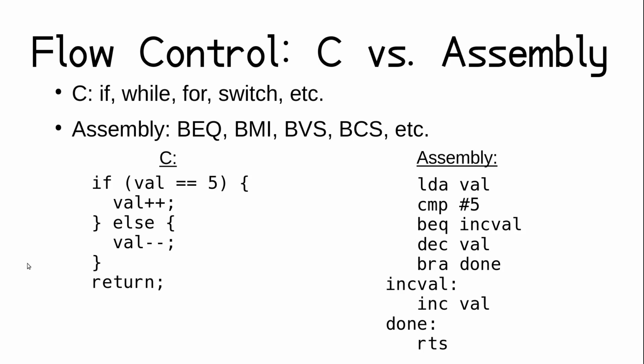Now, if the value is equal to 5, the CMP instruction will result in the Z bit getting set, meaning that the program will take the BEQ branch to the incval label. If the Z bit was not set, meaning that the value was not equal to 5, then execution would have continued on to the DEC instruction, which will decrement the value, and then the BRA instruction does an unconditional branch